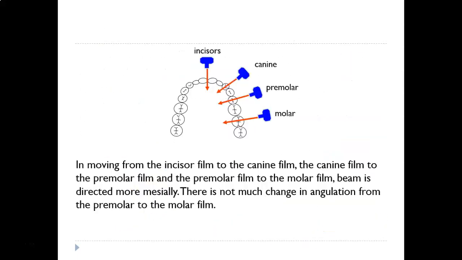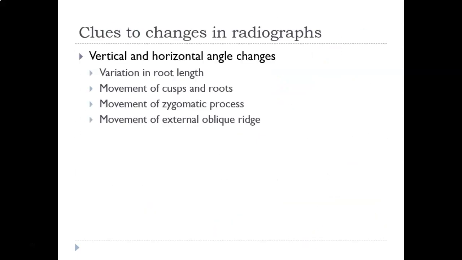Okay, so I'm just getting back to where we left off. We can use some landmarks in the mouth that we know are always buccally oriented to help us when we're looking at an object. So instead of thinking about two objects and comparing them, we can compare an object that we're trying to figure out where it is in relation to something that we always know is stably in one part of